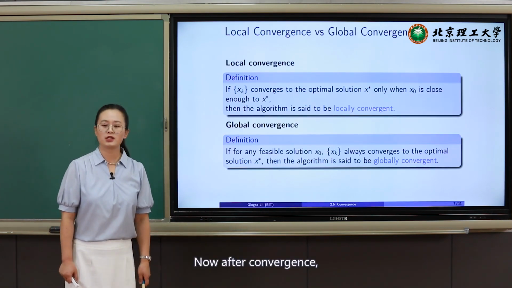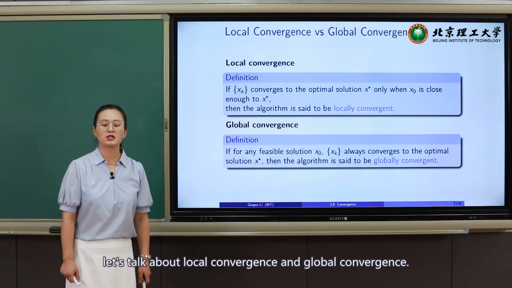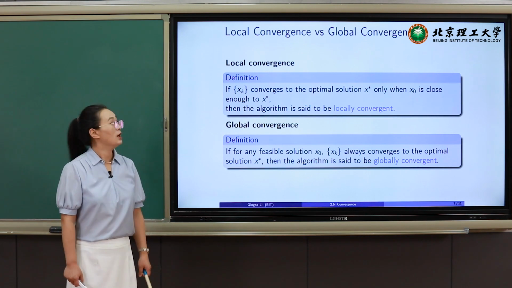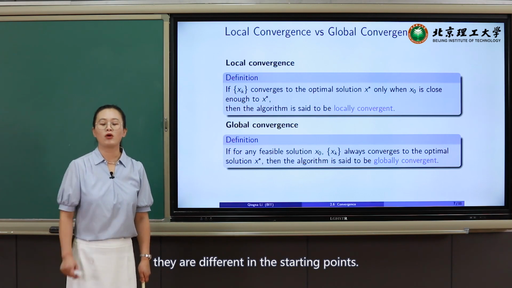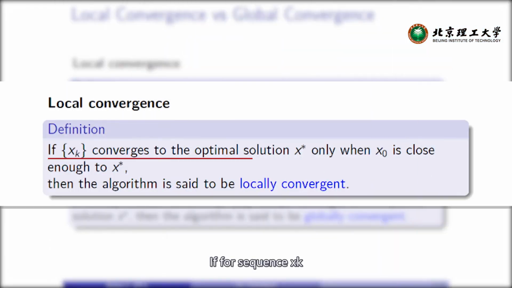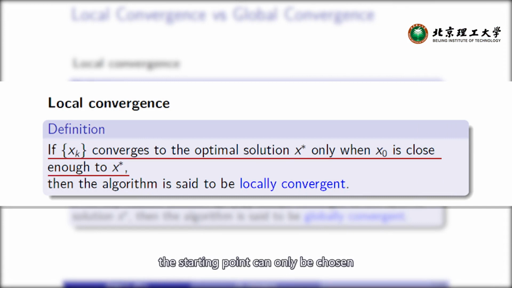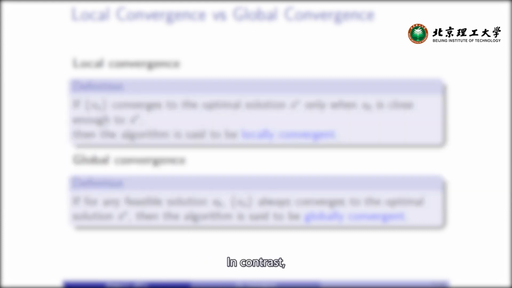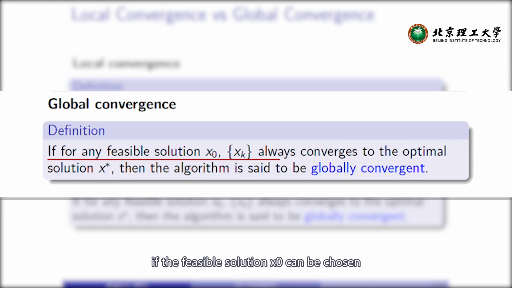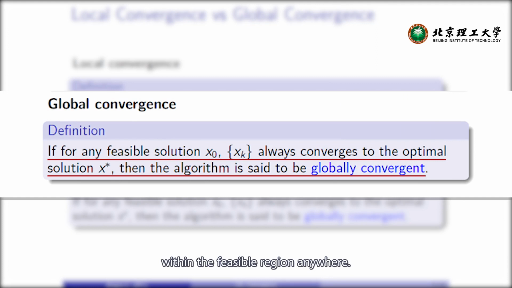Now, after convergence, let's talk about local convergence and global convergence. The two definitions are different in the starting points. If for a sequence xk, the starting point can only be chosen within a neighborhood of x star, then we call this sequence locally convergent. In contrast, if the feasible solution x0 can be chosen within the feasible region anywhere, then we call this sequence